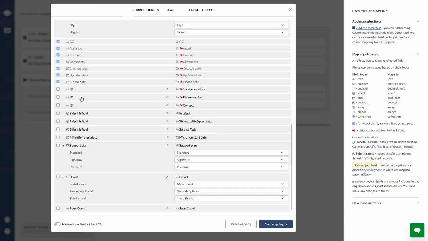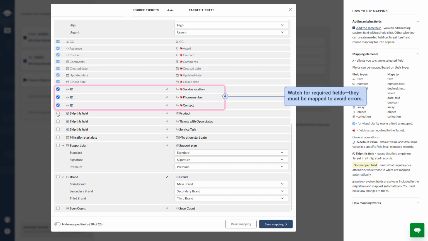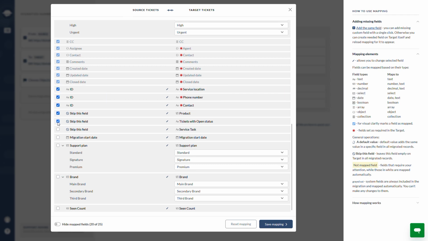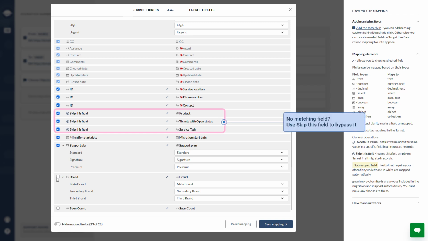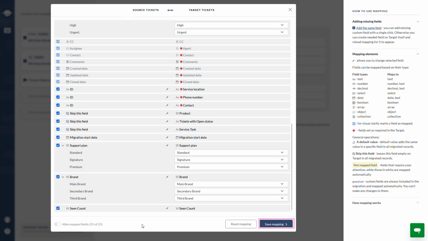Keep an eye on required fields. You must map those to avoid migration errors. If your source platform doesn't have a matching field for one in the target, use the Skip this field option to bypass it. Hit Save Mapping to apply your settings